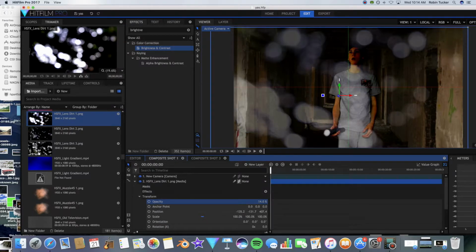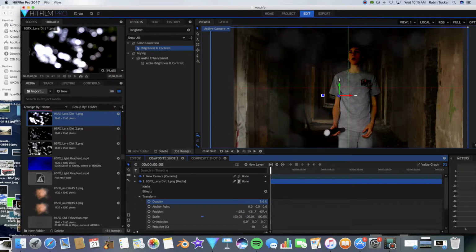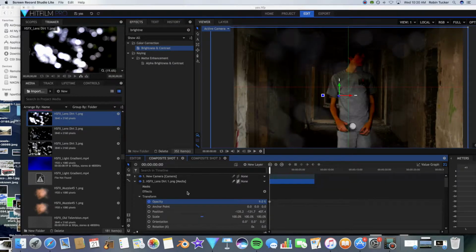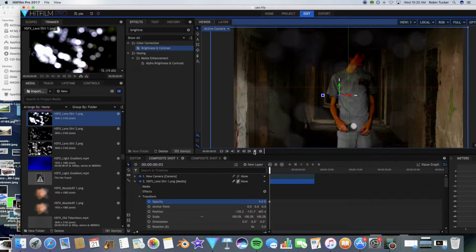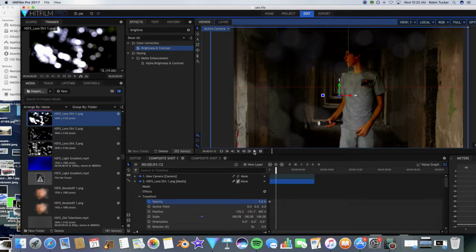Then I'm going to turn the opacity down to about 14 or 9. I'm going to go with 9. So now, if we look at it, it's looking good. So we're going to go into the transform properties, and we're going to turn on the opacity of the lens